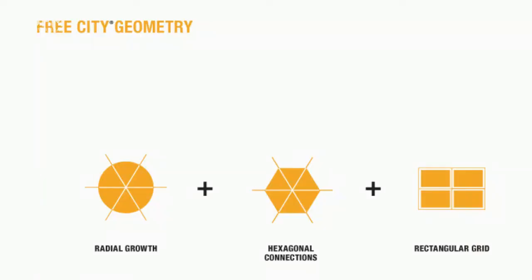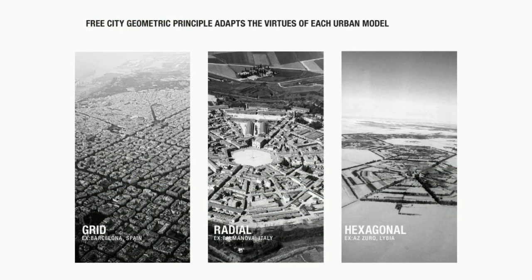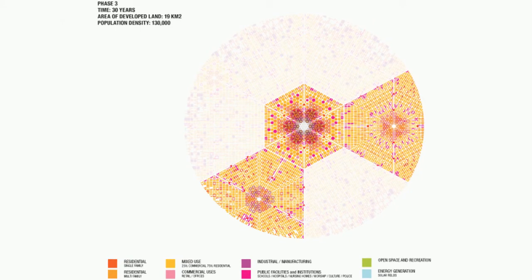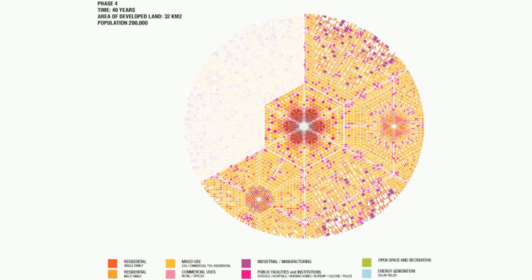So can you give me maybe a concrete example of how you might make a piece of this adaptable to the long-term growth or urbanization in a zone? So the initial geometry, well, we were looking into different geometries like radial cities that grew out radially, and hexagonal cities and grid cities. So basically what we did is we say there's going to be the radial streets so that the city can grow in any direction. There's going to be hexagonal connections that are going to connect those radial streets. And then within that, you're going to have a grid format for the blocks. So that's kind of how we dealt with it. And then from that, you're able to grow new sections.